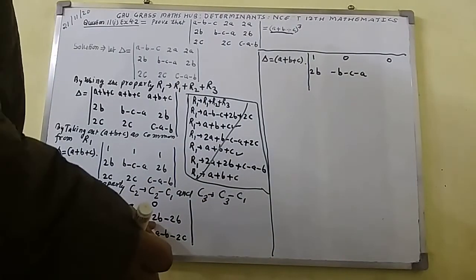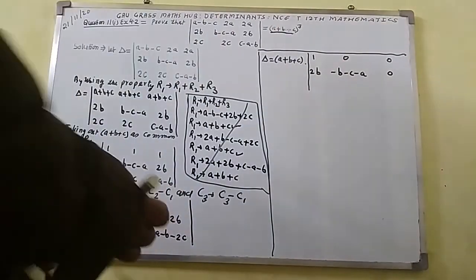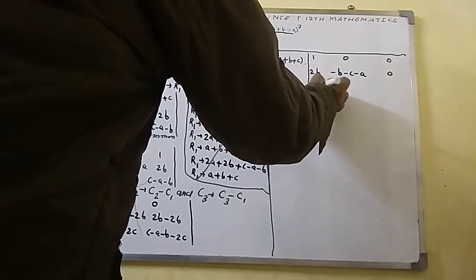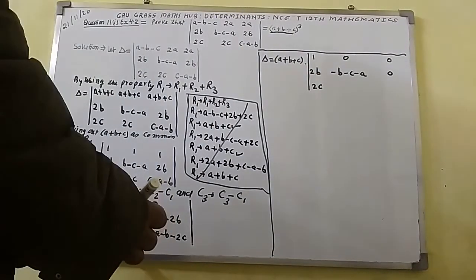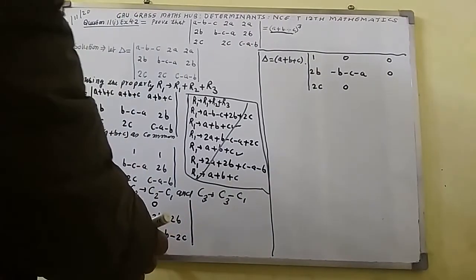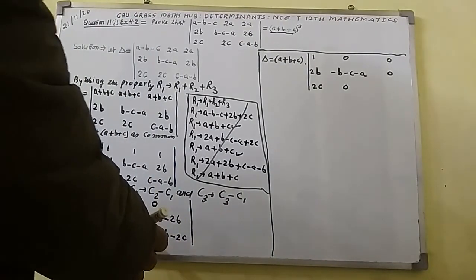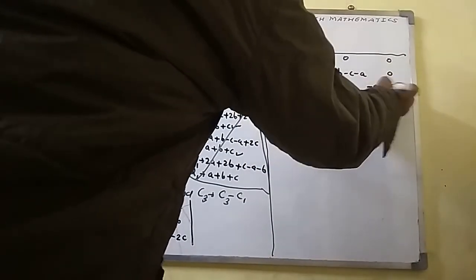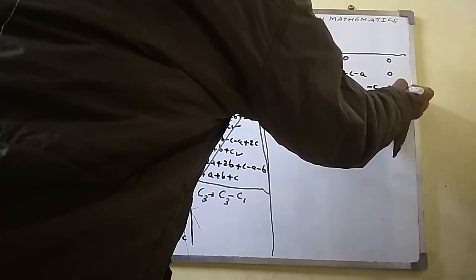And here 2b minus 2b comes out to 0. The elements of third row I shall write here 2c. So this 2c minus 2c comes out to 0. And here you will get plus c or minus 2c. You will get here minus c. Minus a minus b you will get. This thing you will get.